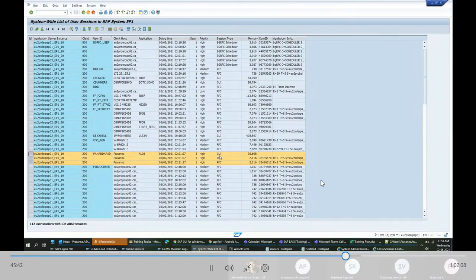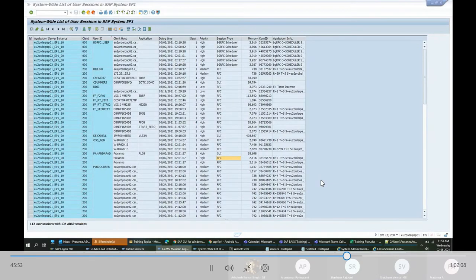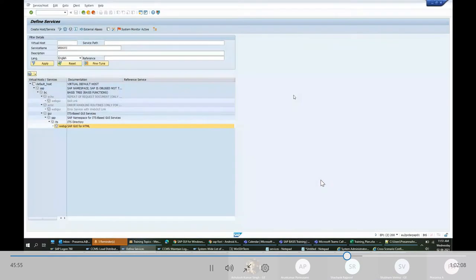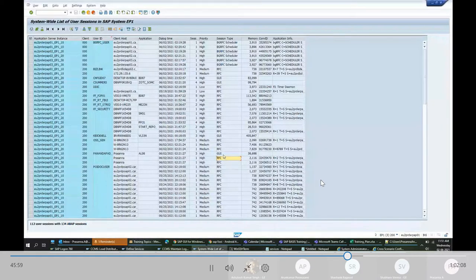This RFC is showing because I logged into this system and executed multiple transactions in the same system. That shows as an RFC here, even though it's not a defined RFC. So forget about this RFC for now.